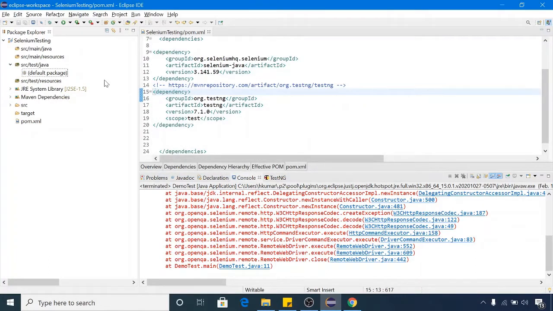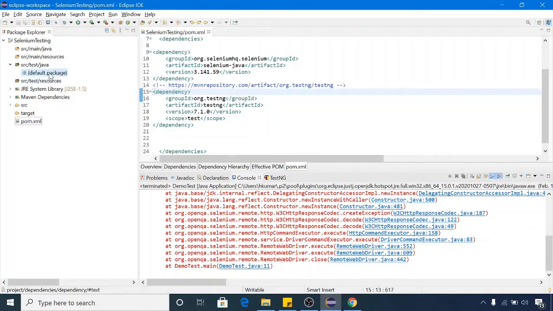When you work in any company or organization, a unit test provider like JUnit or TestNG is used. They have more features as compared to just raw class files. They provide you annotations, before and after hooks, and good reporting tools also. So we have installed the TestNG dependency in our project.